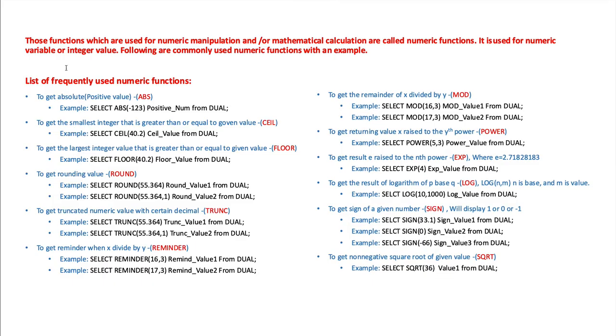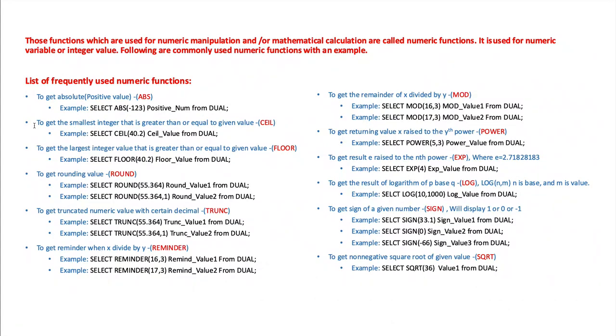Those functions which are used for numeric manipulation and/or mathematical calculation are called numeric functions. They are used for numeric values or integer values. Following is a list of commonly used numeric functions with an example. The first numeric function is absolute. To get the absolute value, the positive value, we use the absolute function, ABS. Examples are given here. I will run those examples in our Oracle developer window and observe the result after completing